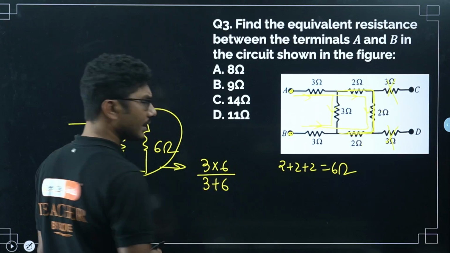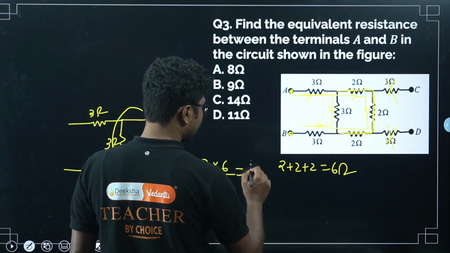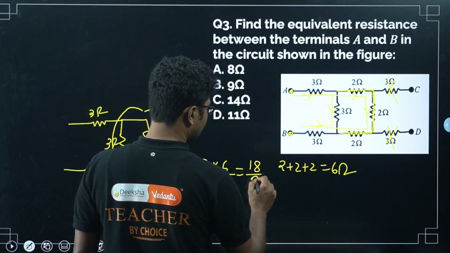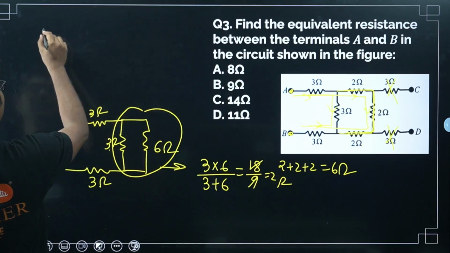Only two resistances are there, so for two resistances we will simply use this formula. So 18 by 9, so it will be 2 ohm. Okay, so now the final circuit becomes